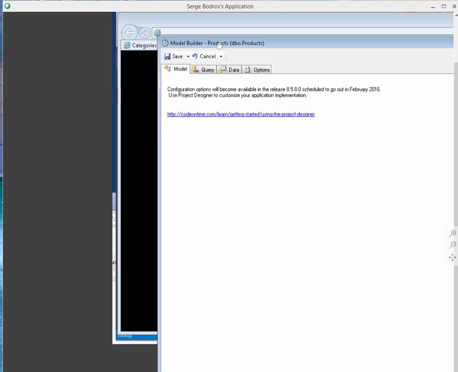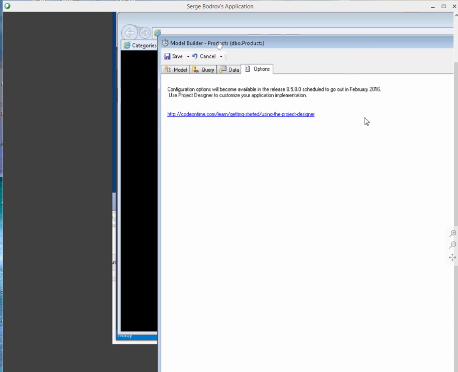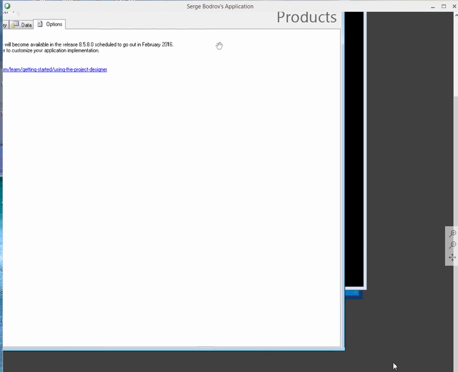It will have a model builder. You'll be able to see the query preview result. And there will be a bunch of wizards to set up your application. Cloud on Time will not have a designer. It will not have a design environment in the first iteration of it, where you will be able to go and tinker with properties. So we're going to limit